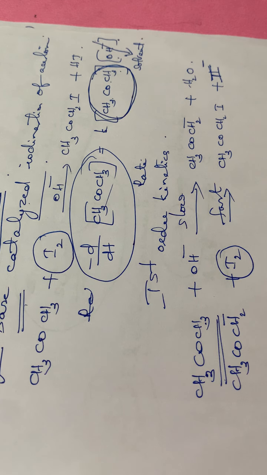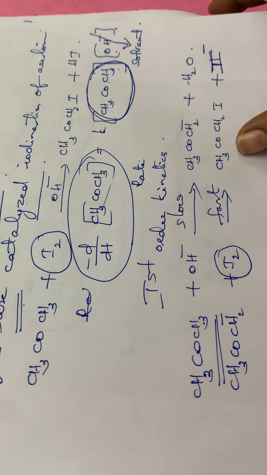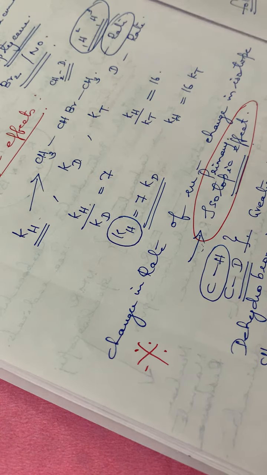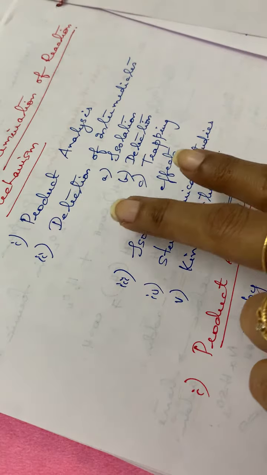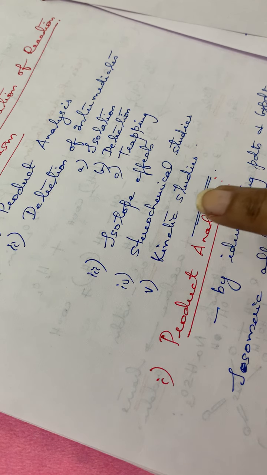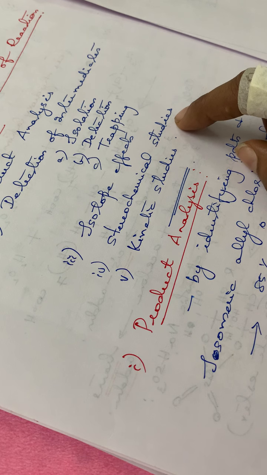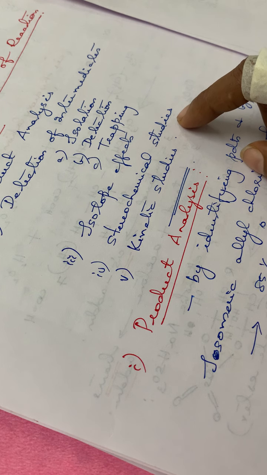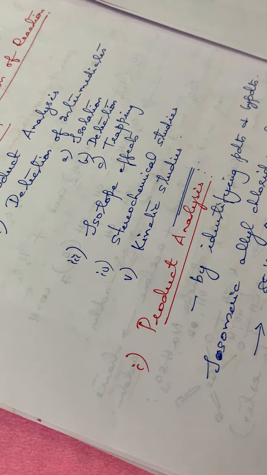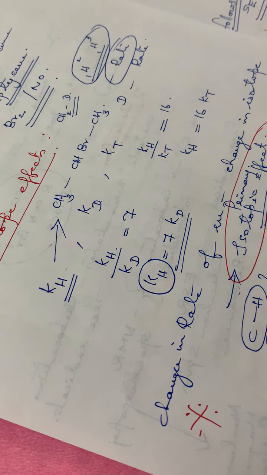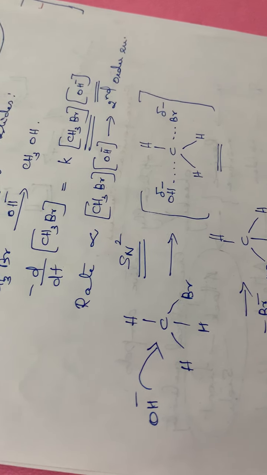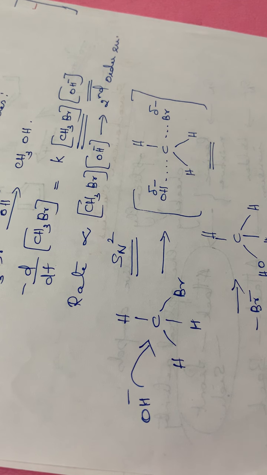So these are some of the kinetic evidences for determining the reaction mechanism. This is very important, the 5 steps. That is, the first one, product analysis, detection of intermediates, then isotope effects, stereochemical studies and kinetic studies. All these are important. While writing the stereochemical studies, you can write the primary as well as the tertiary halides that we have studied in detail in SN1 and SN2. That example you can also write here. So these are some of the reaction mechanisms, and it is very important. You have to study it in detail. I have written all the points, so please don't skip this. It's a sure question in your university examination.